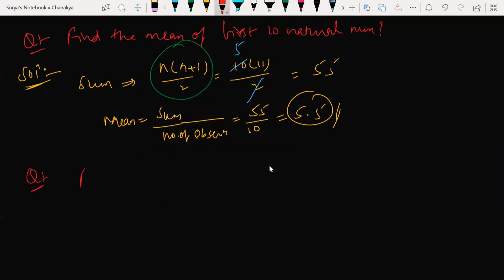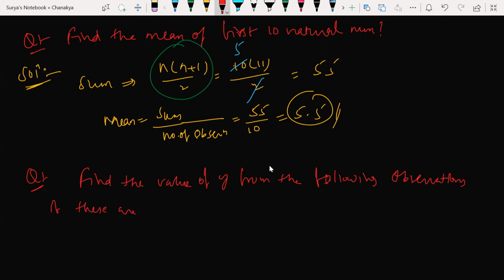Okay, then find the value. Find the value of y. Guys, are you able to understand my handwriting here? From the following observations, if these are already arranged in an ascending order,